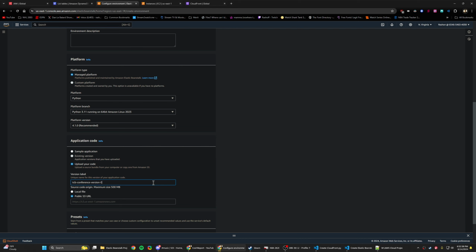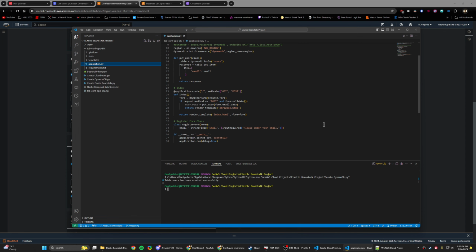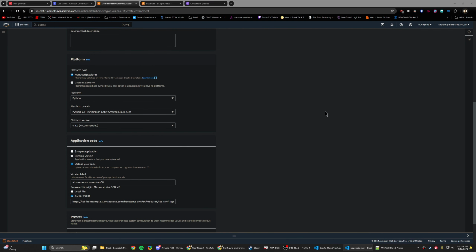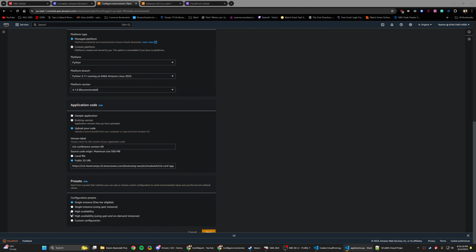The S3 URL that we will need will come from here, and basically I'll show you what is in there right now. This application in the S3 buckets. It'll work with the CloudFront that we're going to use just a bit in a few minutes here, where we're going to take an email entry in the website that we will see in a bit. Preset, we want to go high availability with this one. We will click next,